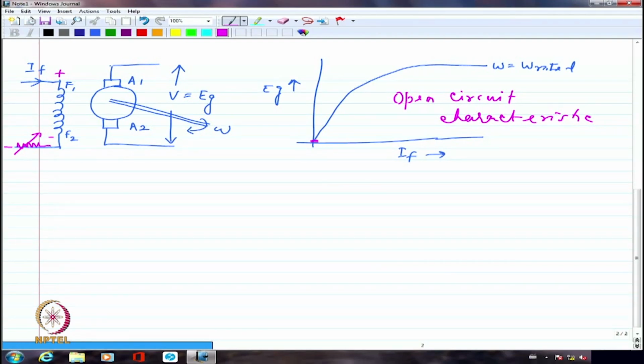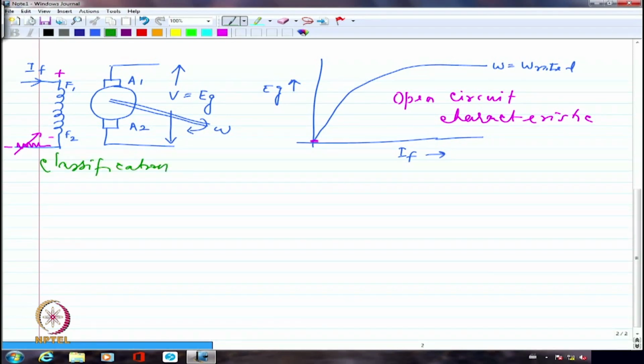Although everything is given in nameplate details, nevertheless, we would also like to verify the back EMF constant of a machine to start with so that you get a feel for the characteristic of the machine, right? Now, the field what I have shown it as though it is connected to a separate supply. But I can have different configurations of the DC machine depending upon how I am going to connect the field along with the armature. So let me try to look at the classification of the DC machine